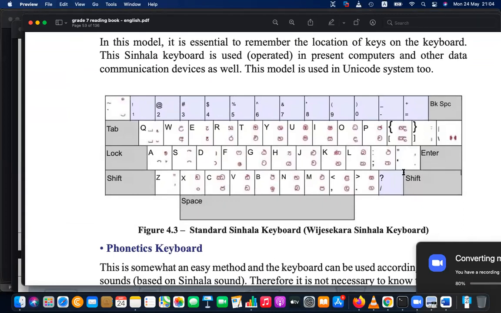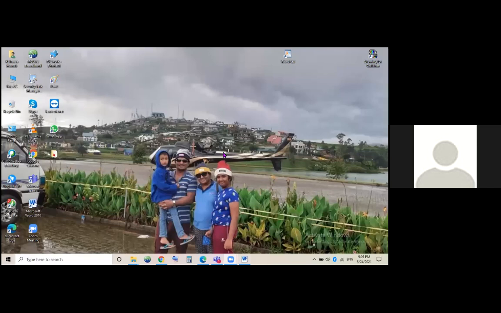I can't type from the Word document now, sir. Can you help me? Yeah, sure. Just share it quickly. If you have followed the instructions properly, you'll be able to type. Maybe you missed some instruction. Let's see what has happened.